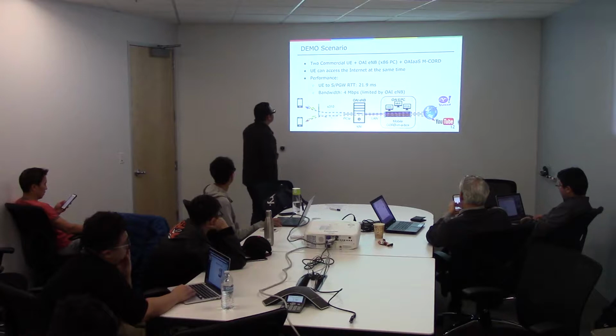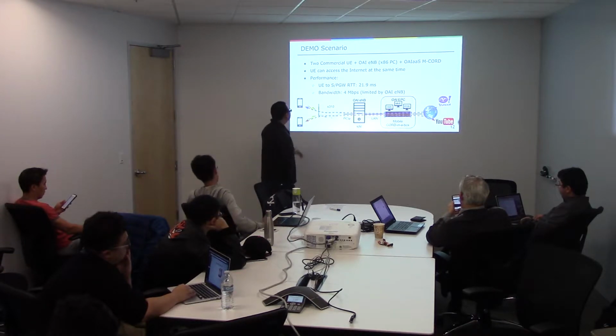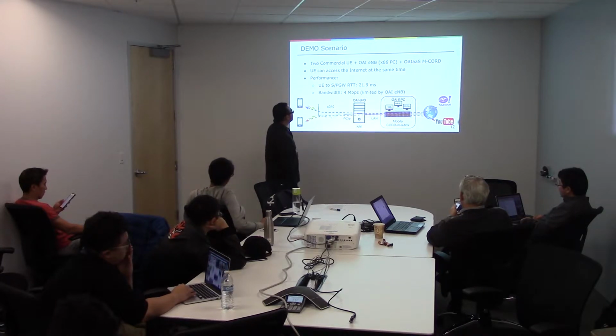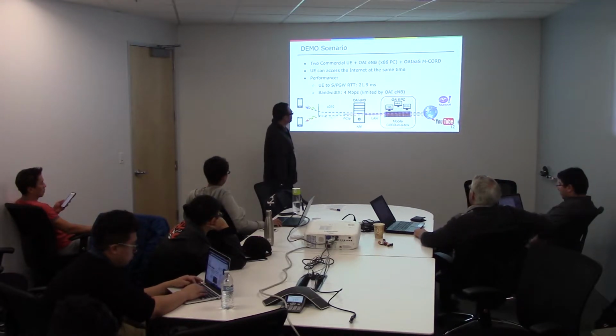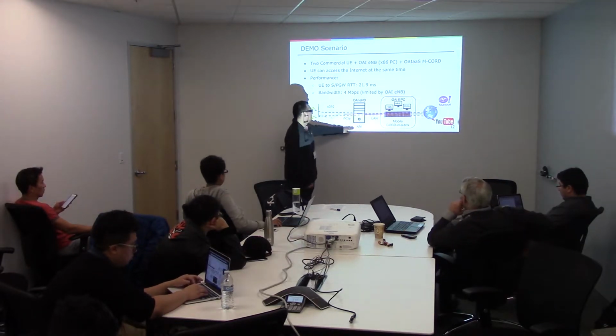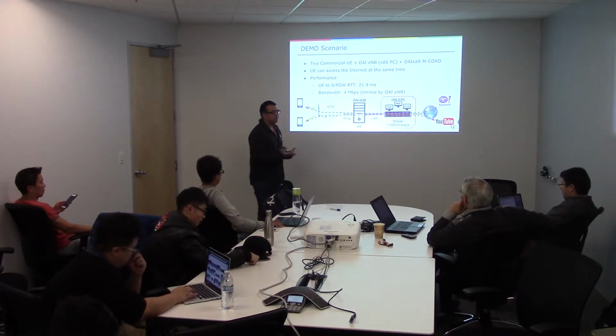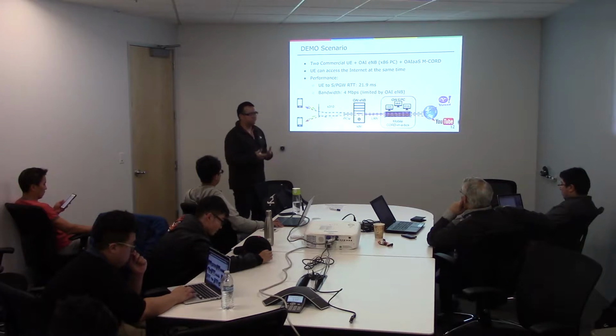For now, our performance for latency from the UE to the SP gateway is about 22 milliseconds, and the bandwidth is about 4 megabits per second. And it is because of the eNodeB part, because the eNodeB needs to be more powerful to do some